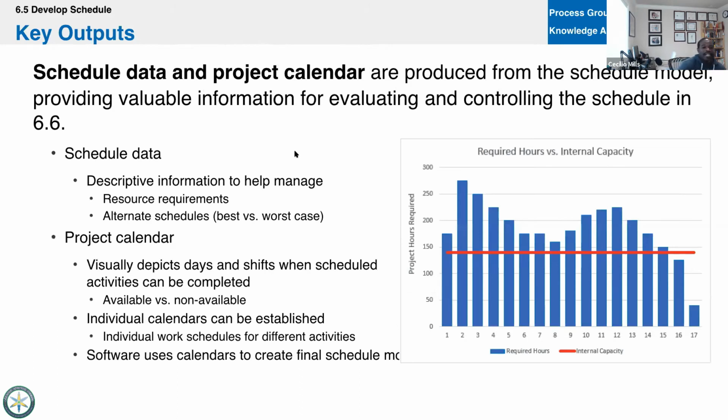Okay, schedule data is another output that we get from PMI, and schedule data is just all the information that we've acquired to date. This would be all of the activity attributes, the folks that are going to be doing it, the duration estimates, the basis of those estimates, and we didn't look at 3-point estimating using standard deviations. We're going to look at it using cost, but you may have a 1, 2, 3 standard deviation variation of